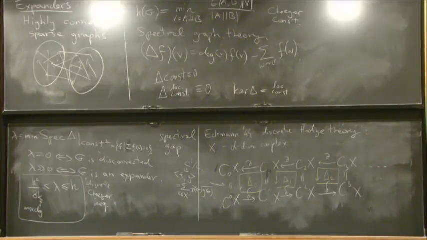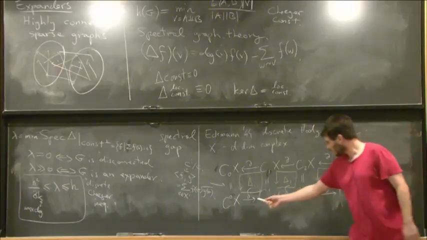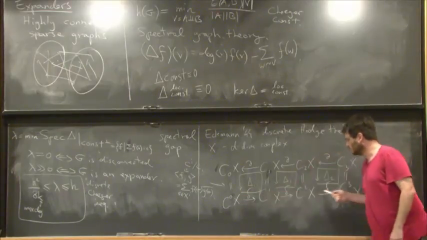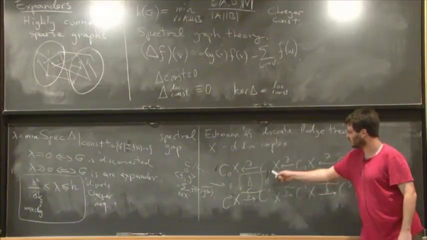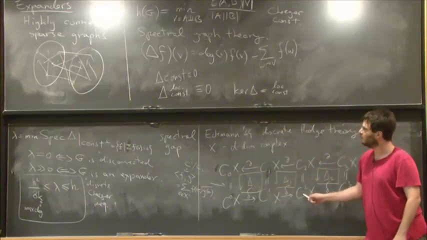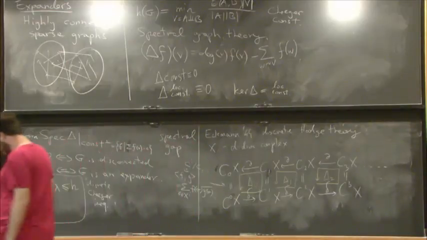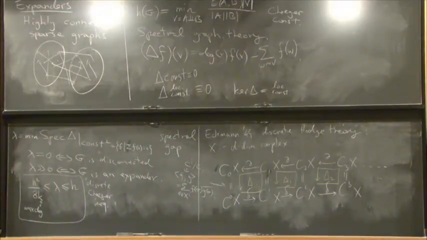And again, because this is a cochain complex, if we come from C0 to C1 and we take the Laplacian, it will be already 0 here. So the image of the coboundary map from C^(i-1) to C^i is trivially in the kernel of the ith Laplacian. So this is not interesting, and we want to look at the spectrum of the ith Laplacian restricted to the